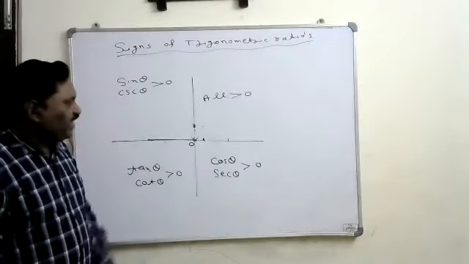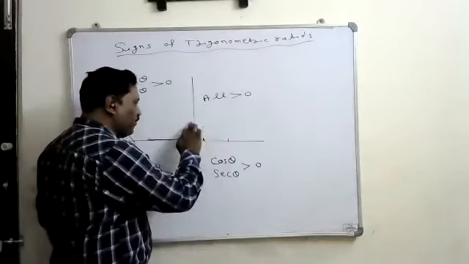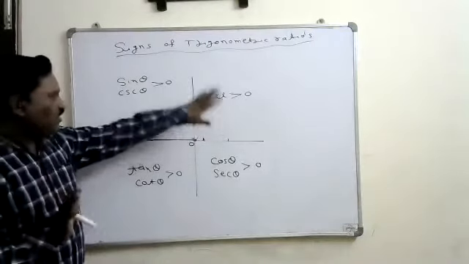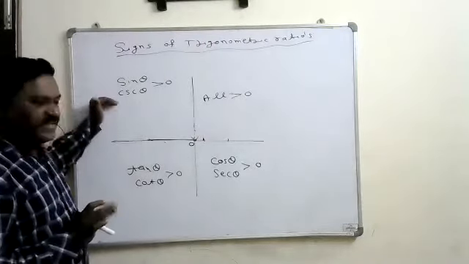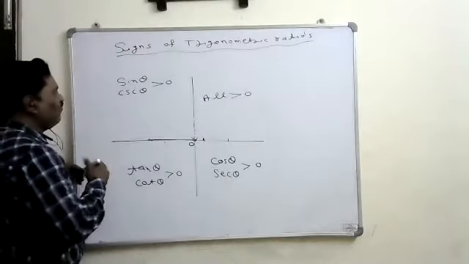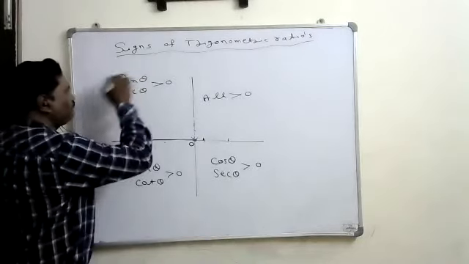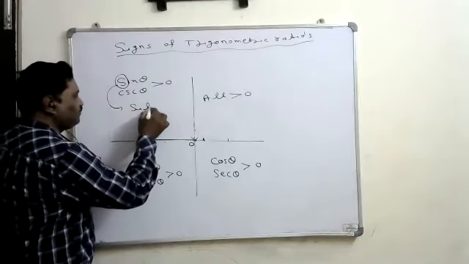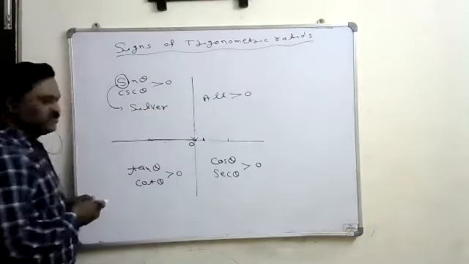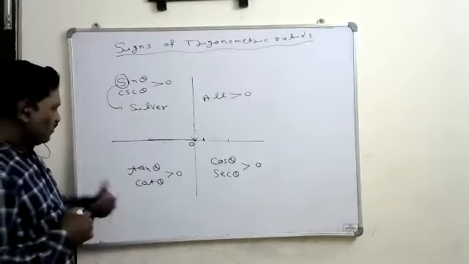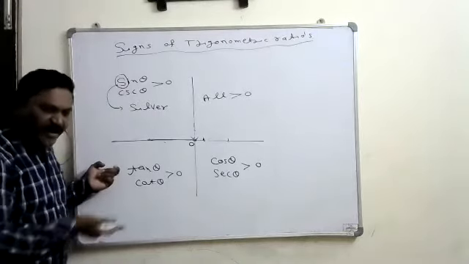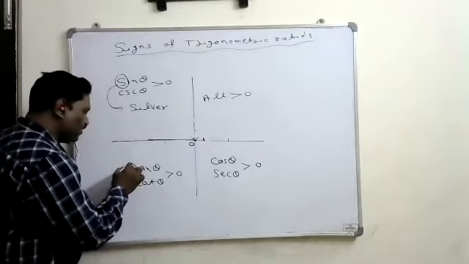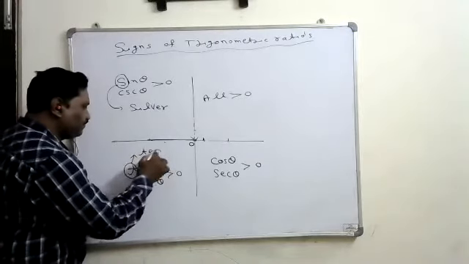Okay. So without getting confused, if you want to remember this, remember like that. First coordinate, all are positive. Second coordinate, sine and cosecant are positive. Sine में पहले alphabet S है ना? This S remember as a silver. Silver करके याद रखो. Then tan, third coordinate में tan का reciprocal cot. So tan में पहले alphabet क्या है? T. Remember this is the T.